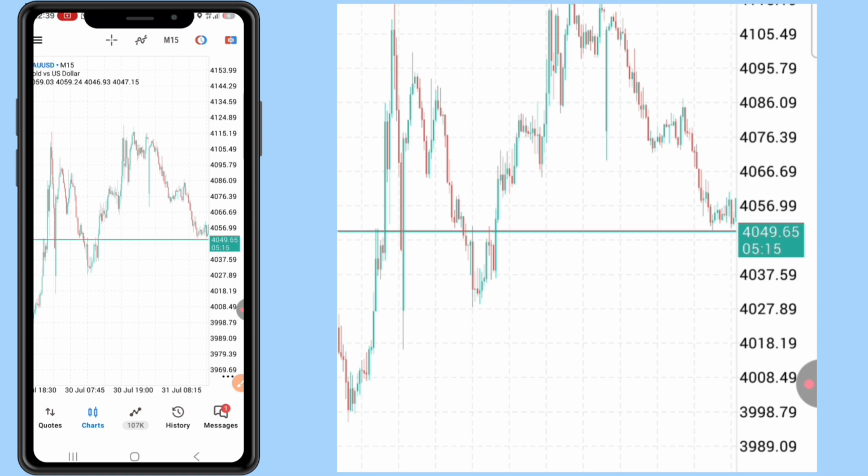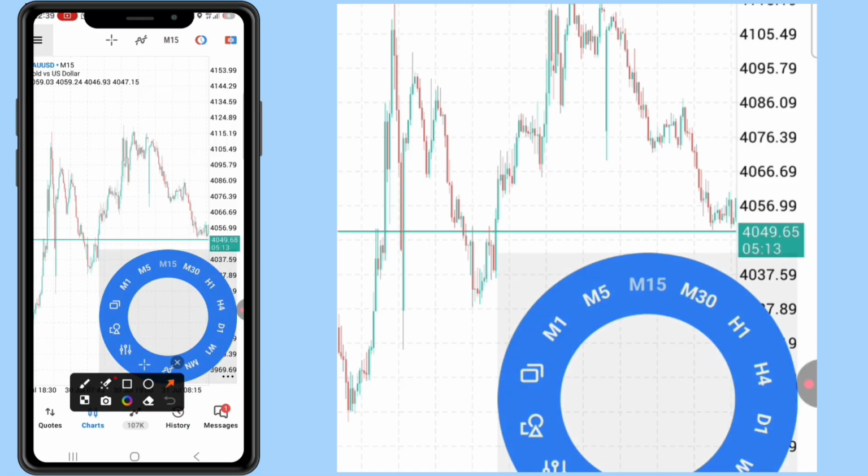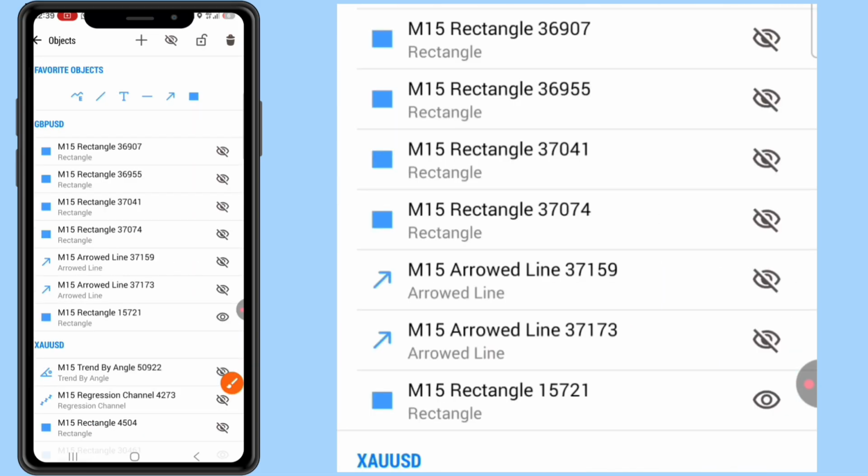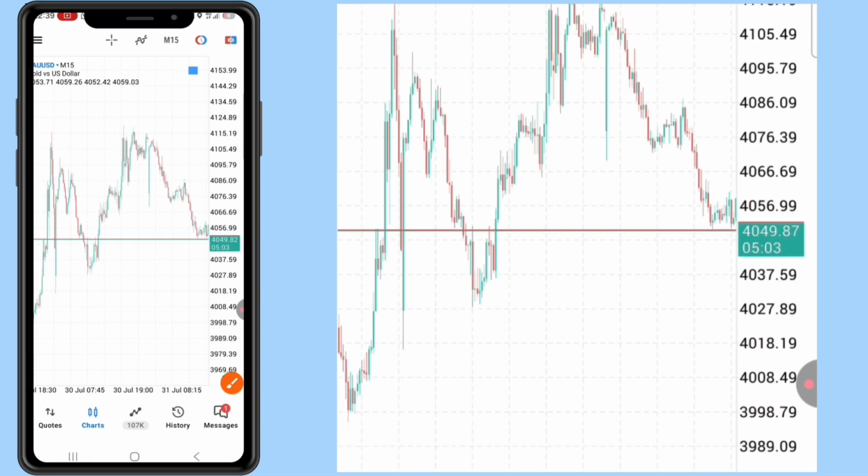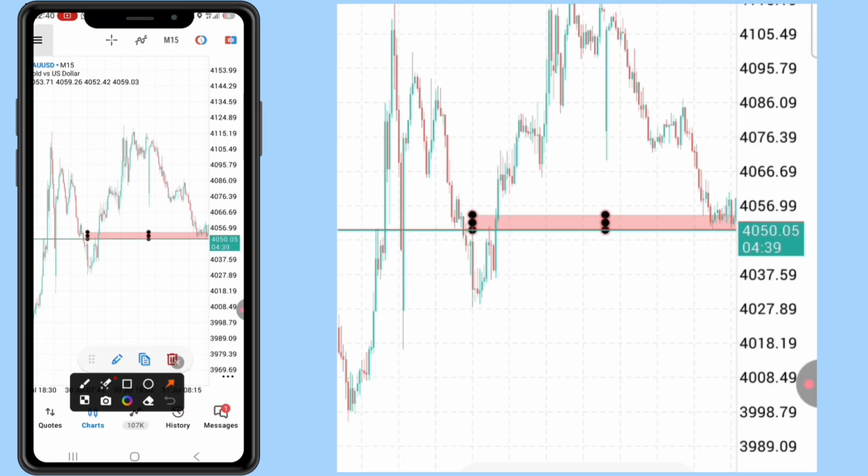Okay, so allow me to tap anywhere on the screen and then I click right here to get the indicators. Once I click here, this time allow me to choose the box. So right here, once I draw this here. As I said, if the market went below this zone, then I was supposed to sell. We already saw that. But now we want to identify the